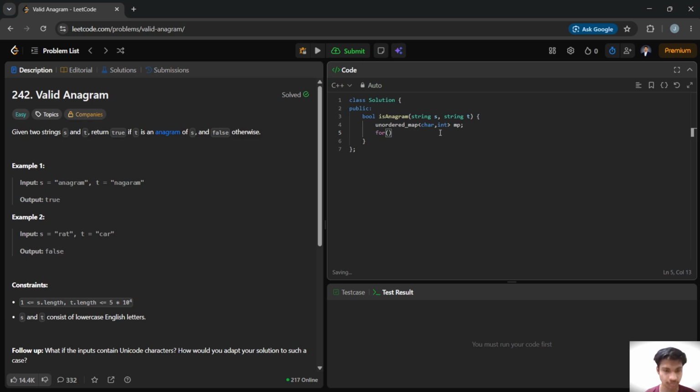Now we traverse the first string and increase the frequency. So for each character c, we increase the frequency.